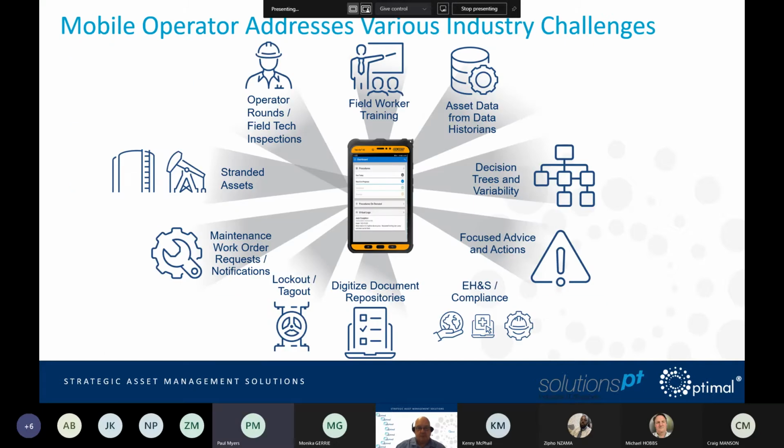So a Mobile Operator addresses several industry challenges. The operator rounds, where the operator is going around and making inspections, digitizing the work into an easy mobile application on a rugged, intrinsically safe device if required. Starting at the top of the screen and going round in a clockwise direction, we can see that mobile operator